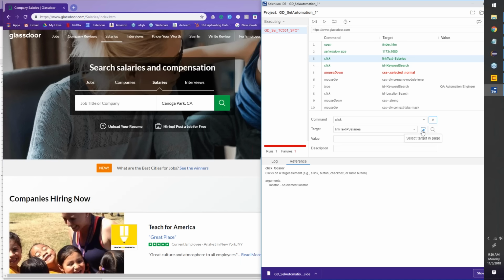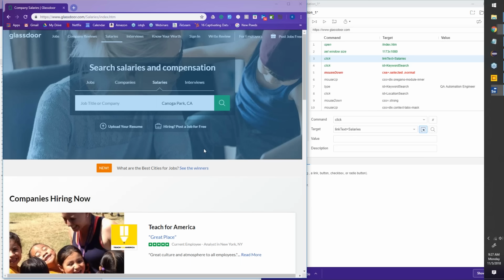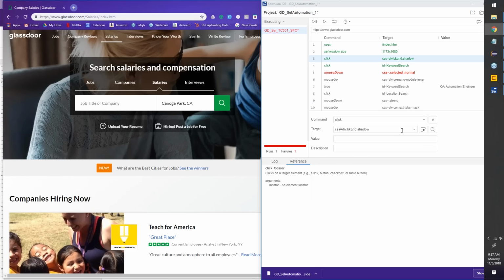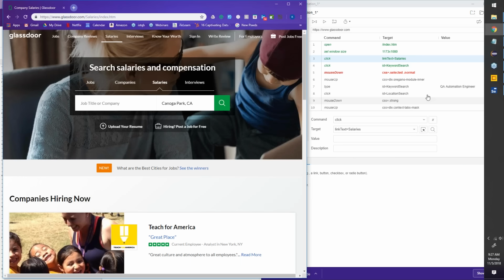Do you see that salary is blinking? What? No, no. Where did I go? Oops, I did something wrong. Okay, let me select target in page like it did and put that here. There you go. The same thing, let's go for keyword search now and say find target in page. Do you see that blinking on job title?